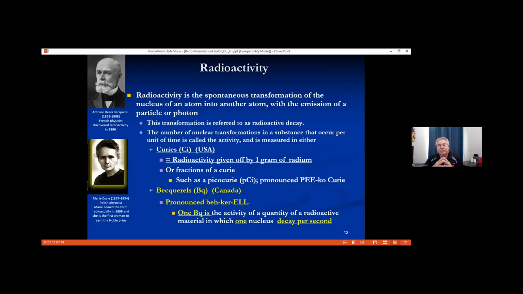So becquerels, just remember, it's 1 disintegration per second. In the United States, they use a different terminology, different unit of measure to measure for radioactivity. They use picocuries per liter. So again, they measure radon in a different way. But in Canada here, we're using becquerels, and it's important for you to understand what that becquerel means. So again, 1 disintegration per second.